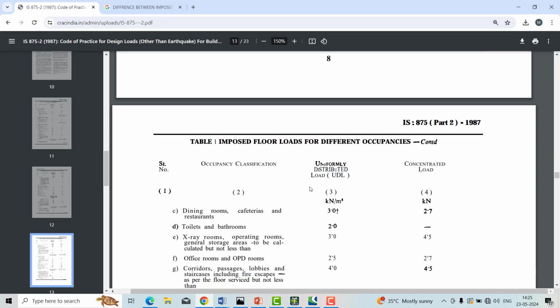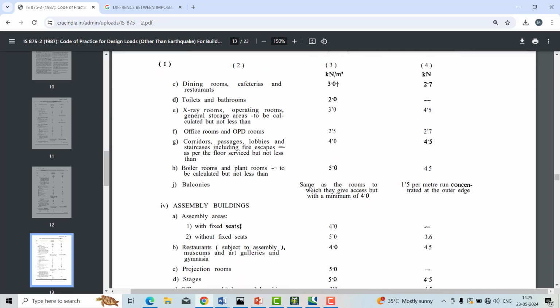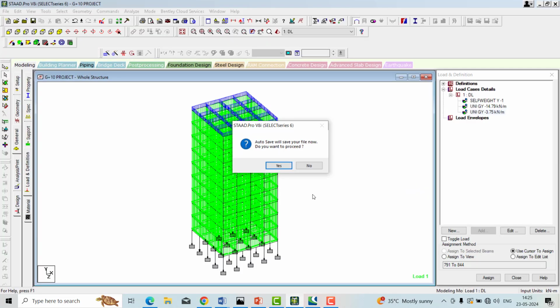So what I am going to do is, either you can apply according to the room, for each room referring to this, or I normally take around 2 to 3 kilonewton if it is a residential building. If it is commercial, then you can go ahead with 5 kilonewton. So I am applying the same thing now.